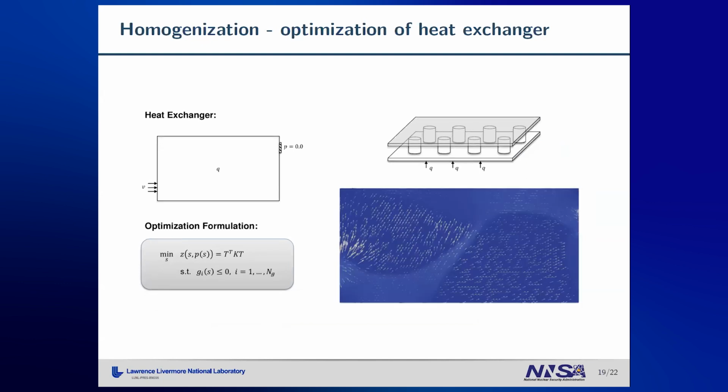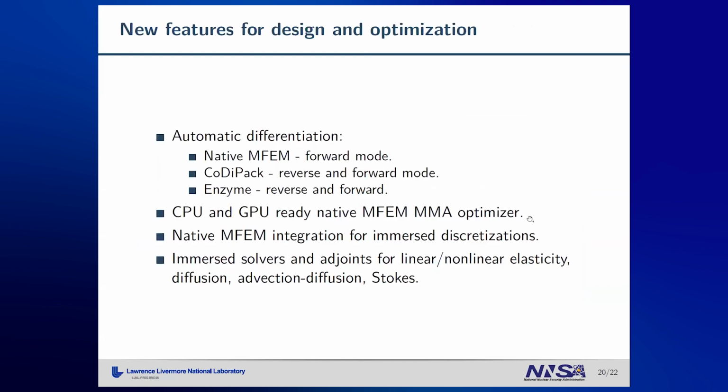So what's happening here is that we have one main channel forming, ensuring that the pressure drop is not too big, so we can pump the fluid through the system. And at the same time, the optimization is trying to accelerate the flow in these regions and extract as much heat as possible from the bottom of our domain. With this, I will conclude the presentation.